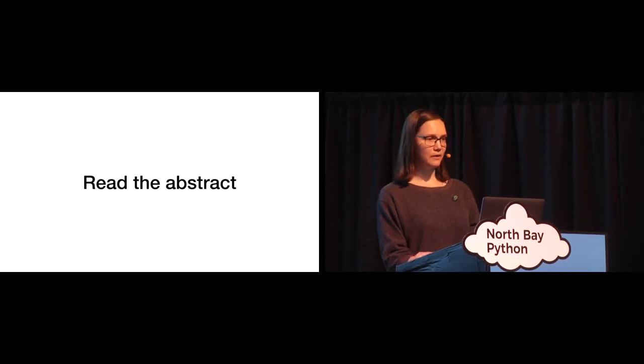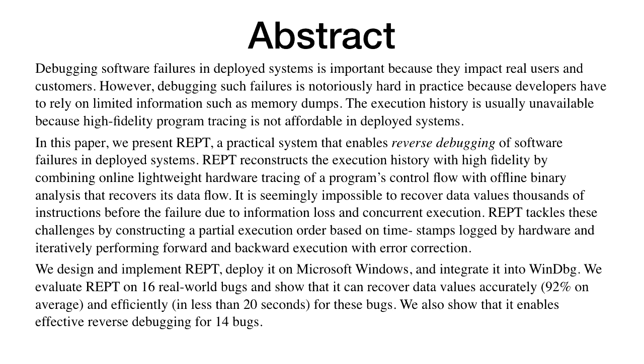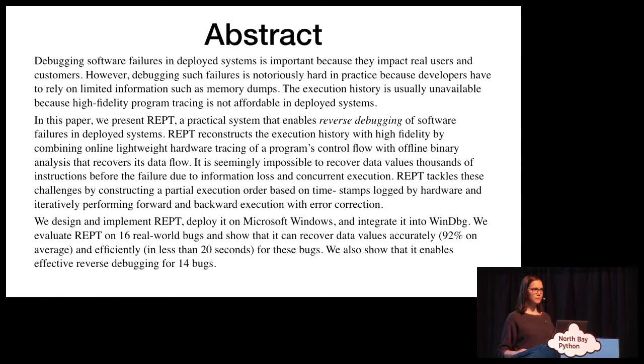So, reading this paper, to actually engage, you should read the abstract. This is the abstract of a paper that I read so that I could say things and have opinions about reading papers on a stage. Don't read it. It's very long. I will highlight some things. But a quick summary of the paper so that you know what I'm talking about is that this paper took memory dumps and reverse engineered what the state of the program was before each instruction and reverse debugged it to try to get debugging tools to be useful. So it's mostly a paper about using lightweight tools in production so that you can reverse debug difficult-to-debug